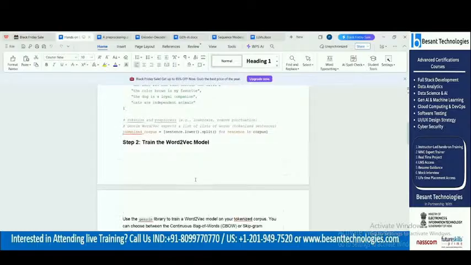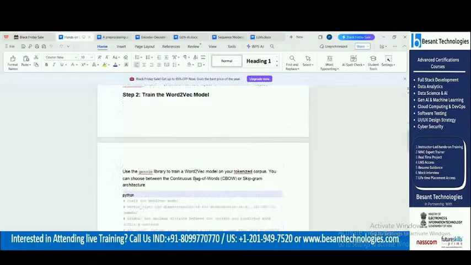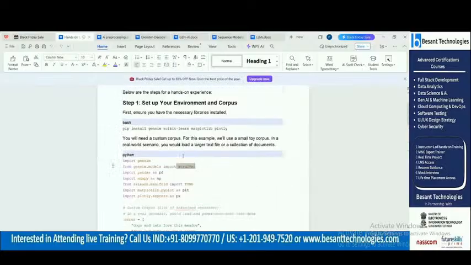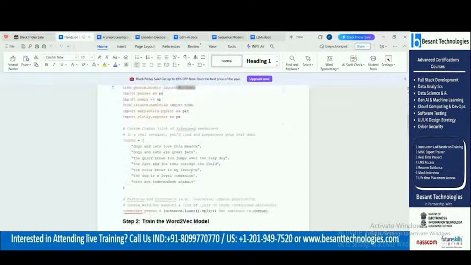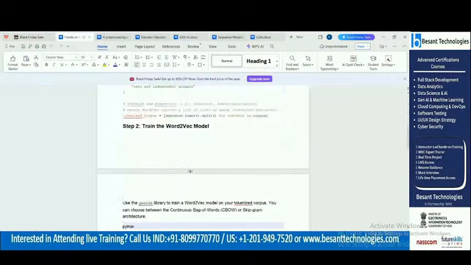Then next you are going to train your Word2Vec model. Which model am I using? There are 4 types, and in that I am using only Word2Vec. You can go with another model also. It's not necessary to use only this. But because in your Besant they have told Word2Vec, I have given only Word2Vec.